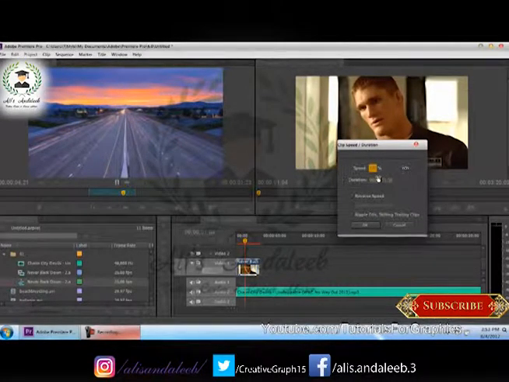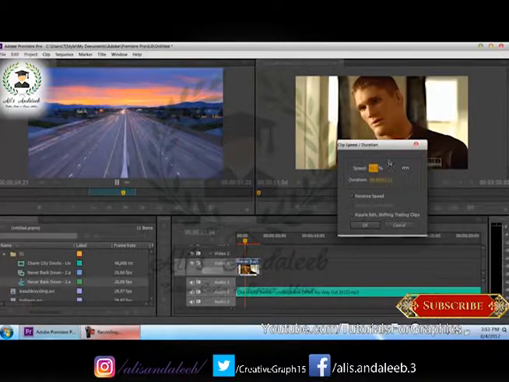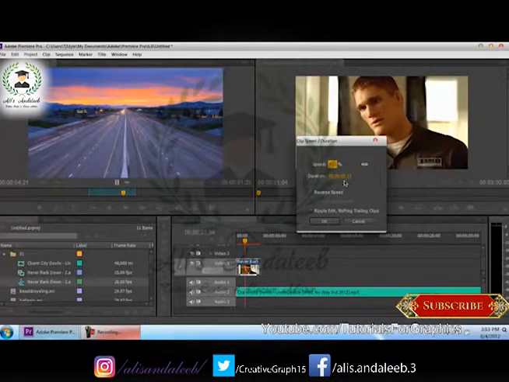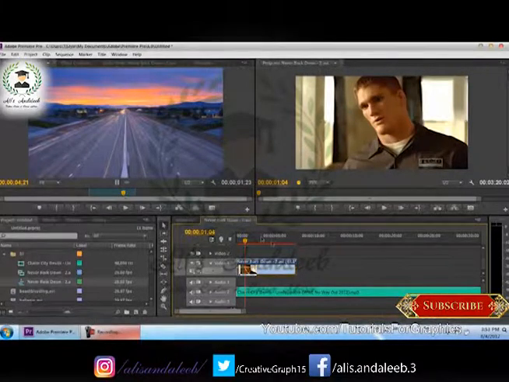This basically shows you what the duration is if you are messing with the speed. So say if I'm reducing my speed to somewhere like 88%, you'll see that my duration is 1 second and 15 frames. If I take it all the way down to 41%, you can see that it has now become 3 seconds and 11 frames. And if I take it all the way down to say somewhere like 18%, it will now be 7 seconds and 23 frames. If I press OK, you'll see that automatically the effect gets applied